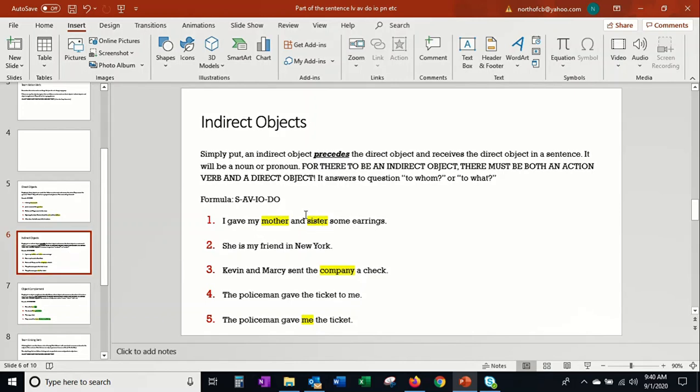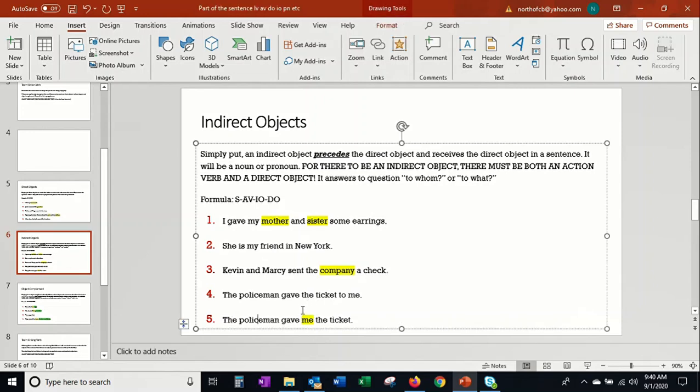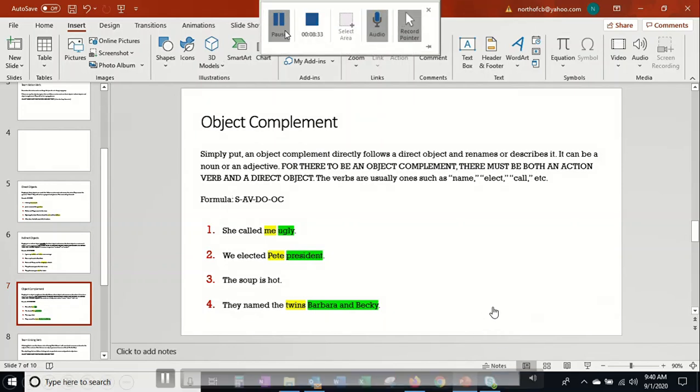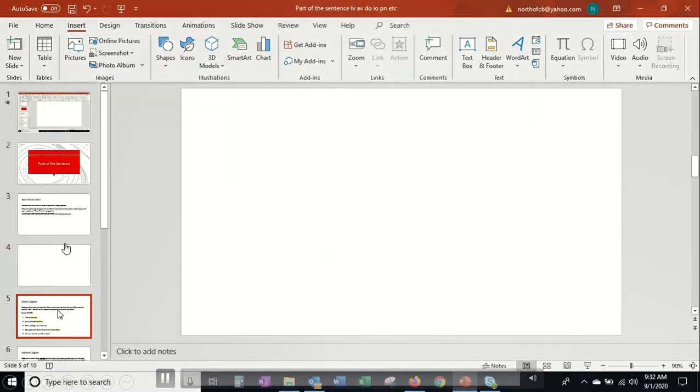Up here, remember that indirect objects precede the direct object and answer who or what got their direct object. Okay, so down here, now that we fixed this one above, who got the ticket? Me. It comes before the direct object and answers who or what got the direct object. But remember, all of these things require there to be a direct object and it must be an action verb. All of these things are with action verbs. If there's a linking verb, just stop. It can't be any of these things. You're not dealing with any of these things. Okay, so hopefully we